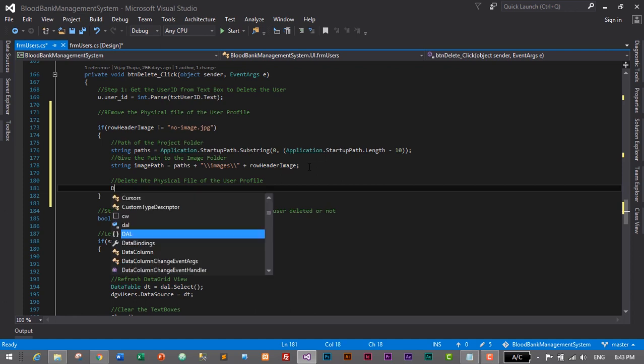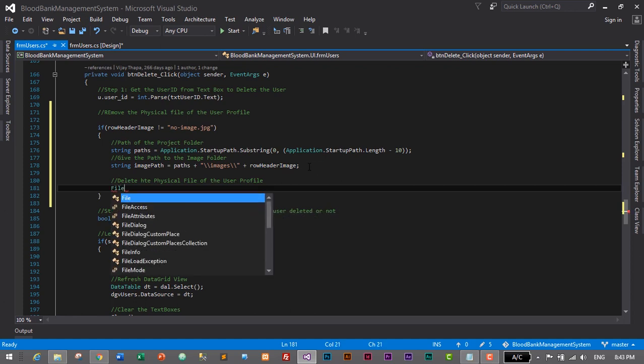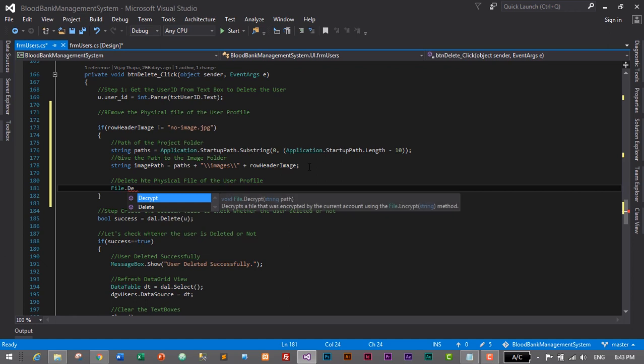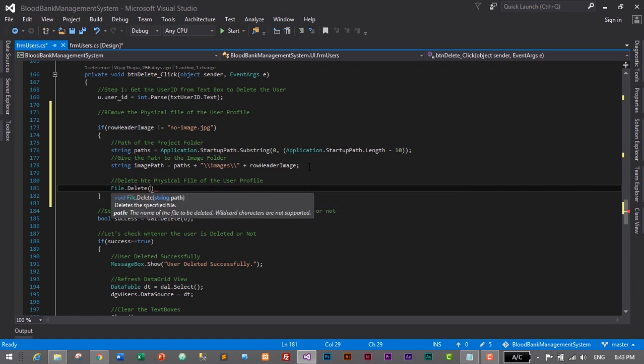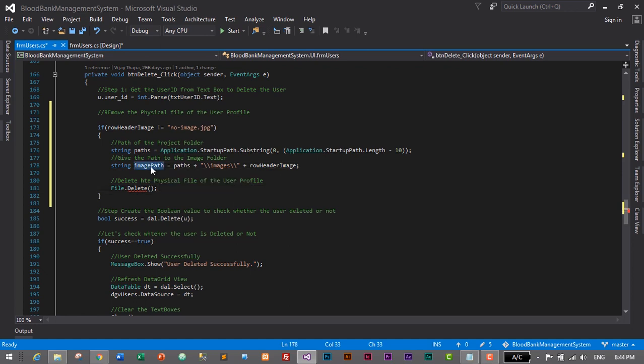So the function is file.delete, and here we need to give the path of our image, which is image path. So let's just copy it and paste it here. So that's it. This function or this line of code deletes the actual image file from our project. But if we just save it and run it, it will give an error. So let's save it and let's start the project,